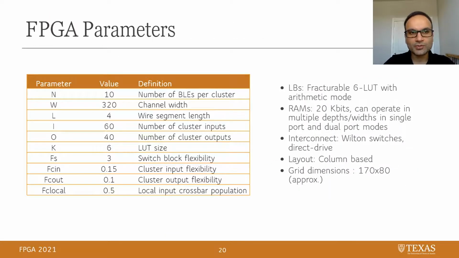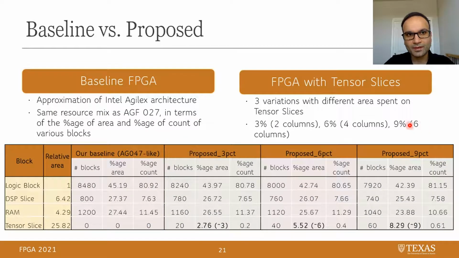This slide shows the various parameters of the FPGA, like wire segment length, the flexibility of various blocks, the layout, etc. These are similar to Intel Stratix 10 and Agilex FPGAs. The baseline FPGA that we used was an approximation of the Intel Agilex architecture. We used the same resource mix as AGF027 in terms of the percentage of area and percentage of count of